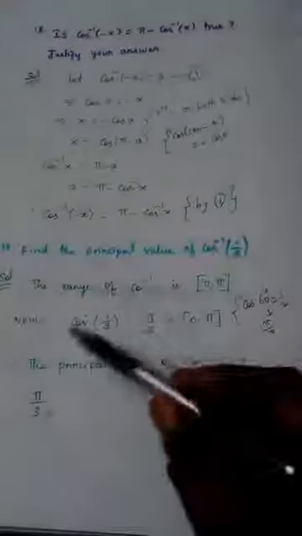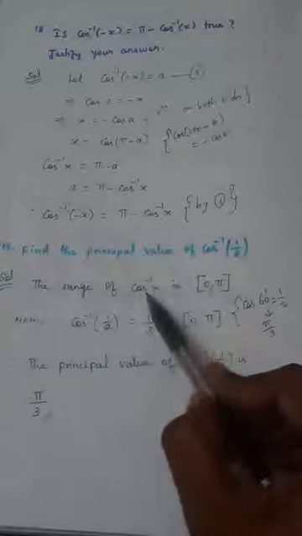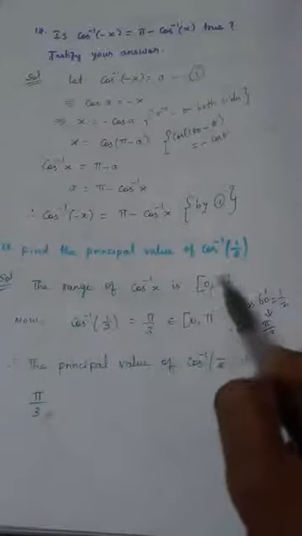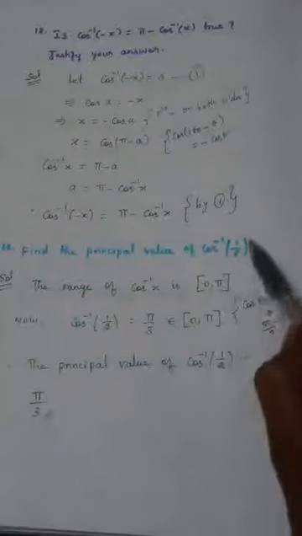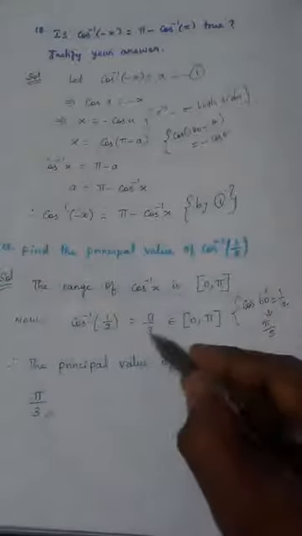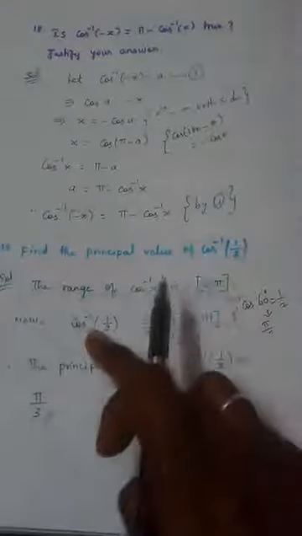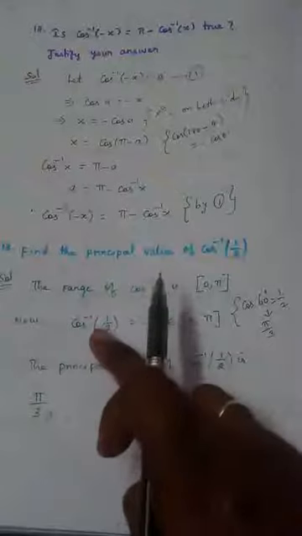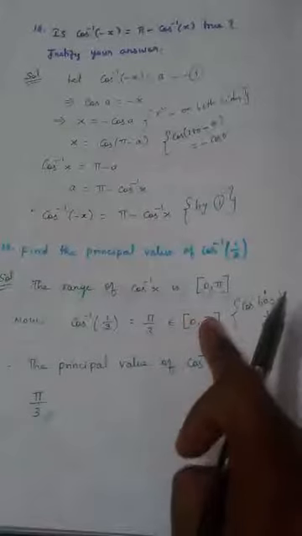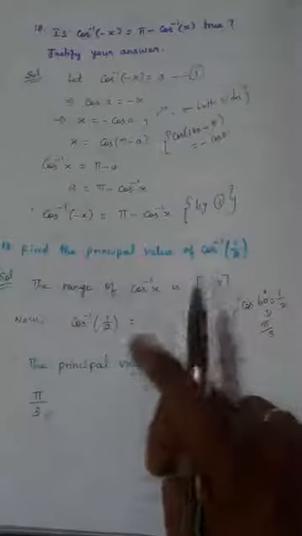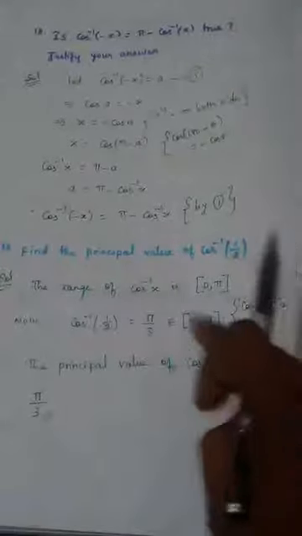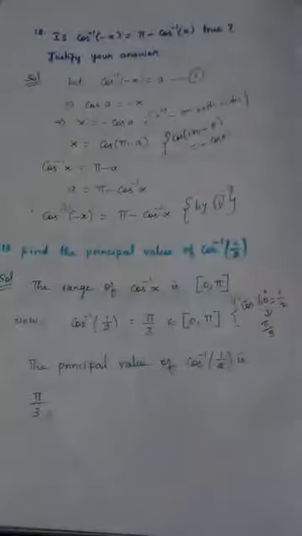Try to understand what I am telling. We need to find the principal value, for which we should know the range of this inverse function, cos inverse function. We know 0 comma pi, and I am trying to find the value for this cos inverse 1 by 2. What is the value? 60 degree, because cos 60, answer is 1 by 2. Therefore cos inverse 1 by 2 is 60 degree. 60 degree definitely lies in 0 to 180. Therefore this itself is the principal value. Therefore the principal value of this cos inverse 1 by 2 is 60 degree, pi by 3.